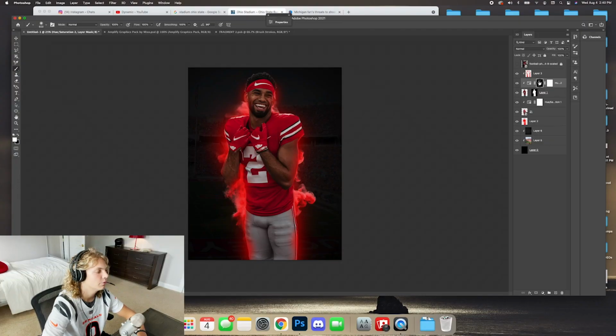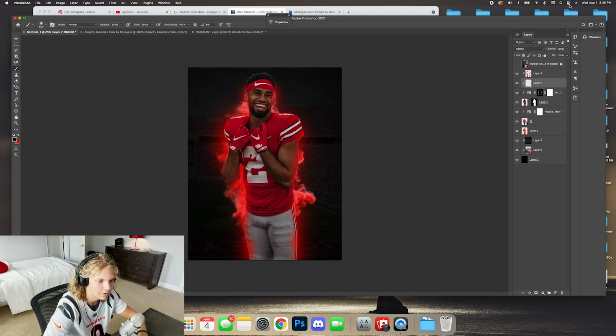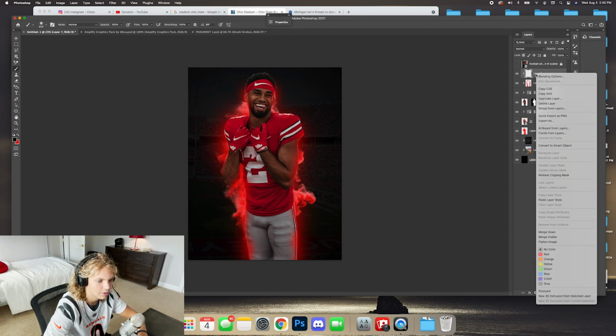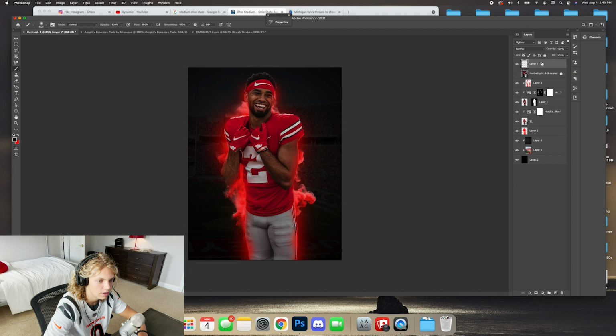Hey, that's pretty good. Okay, so we are done with the reworking on the lighting on the outside. I think the highlights look great. I think the overlay looks great. I think the only thing now we have to do is add a really light final touch to the lighting, and that is to